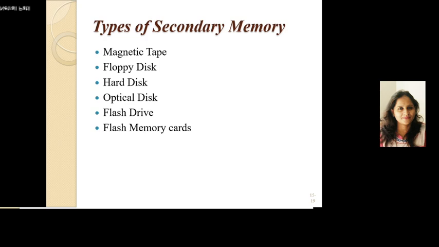Now, these are the types of secondary memory. Magnetic tape. The magnetic tape is similar to the audio tape recorder. Magnetic tape is a recording medium consisting of a thin tape with a coating of a fine magnetic material used for recording analog or digital data. A device that stores computer data on magnetic tape is a tape drive. The capacity of tape media is generally on the same order as hard disk drives.